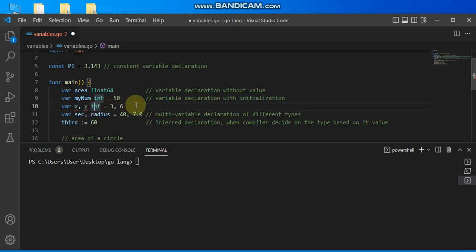So without stressing myself, let me put the comment here and say multivariables with the same data types. So this is multivariables on the same line with the same data type, declaring that they are of